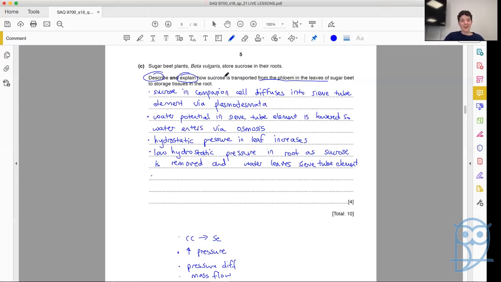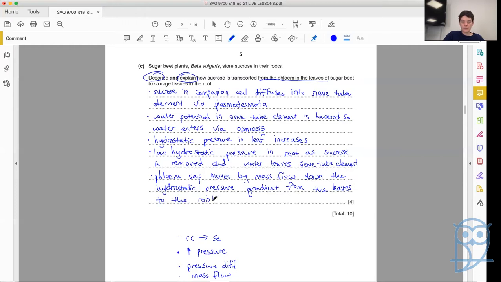So therefore, high pressure to low pressure, phloem sap moves by mass flow down the hydrostatic pressure gradient from the leaves to the roots. So we have covered now the description of how it moves in, it moves down, it moves out,